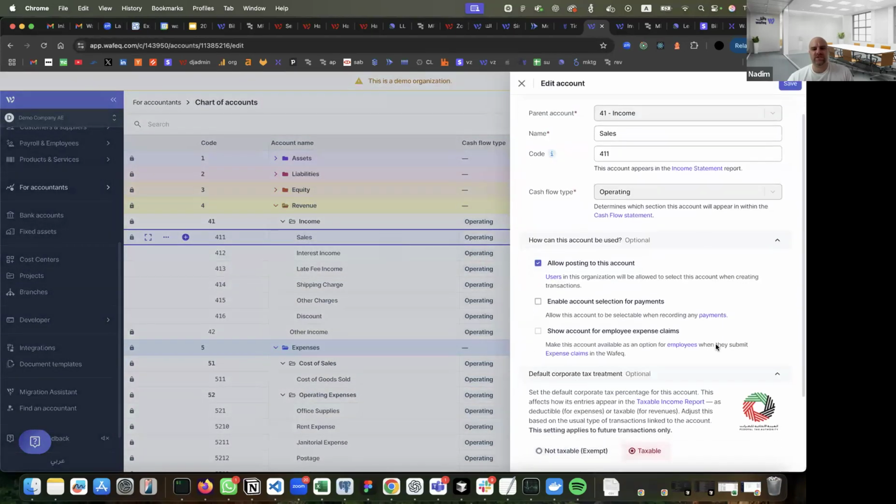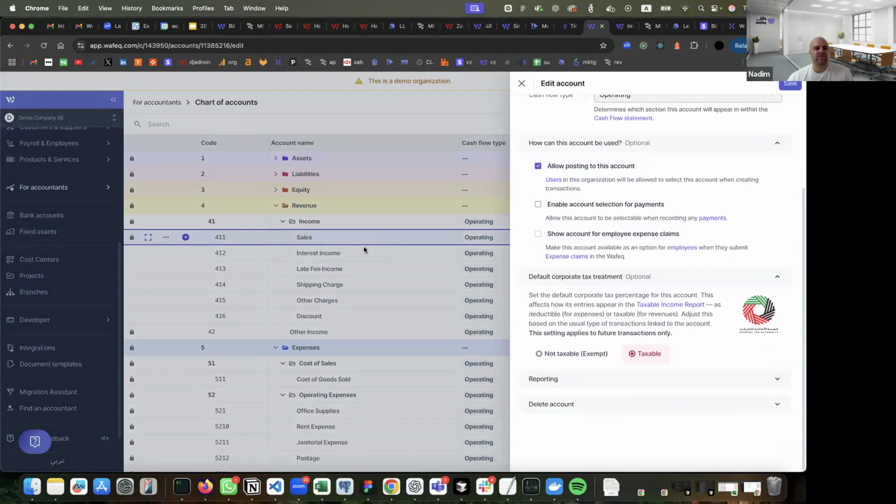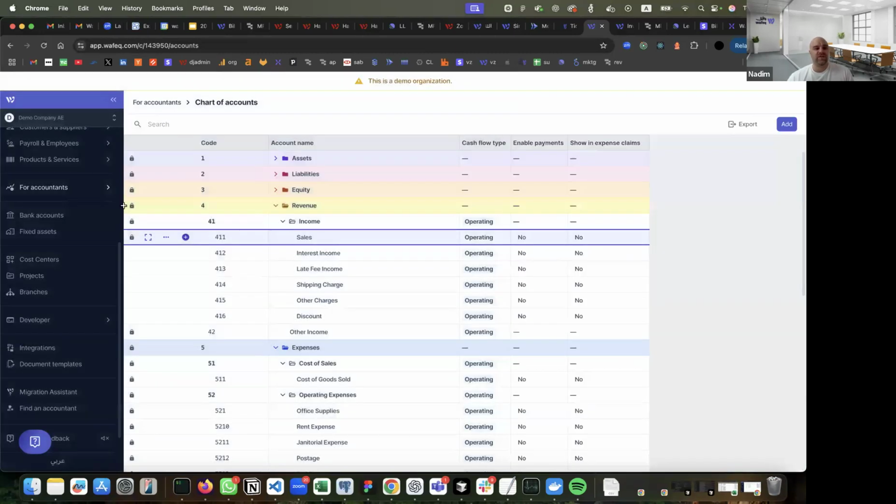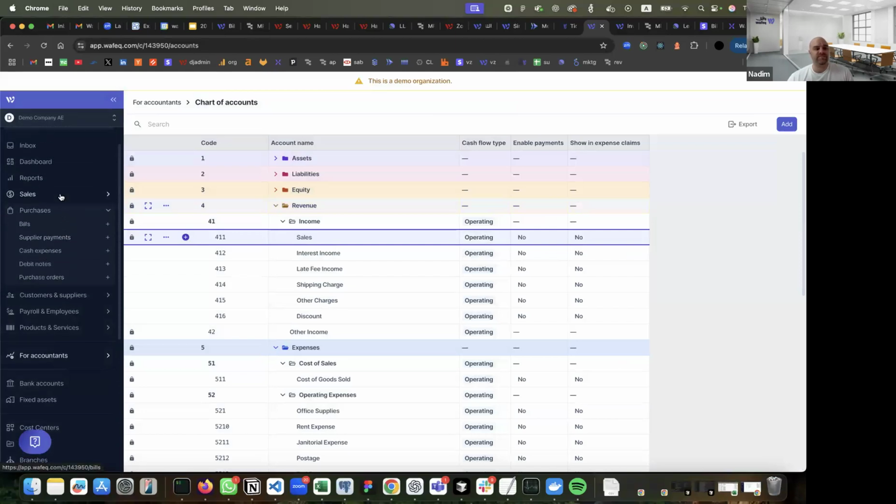For example, you will see here, for this revenue account, the default corporate tax treatment. You have two options: for revenue, it's either exempt or taxable. When you set this up at the account level, next time you create something, whether it's an invoice or a journal, Wafeq will automatically use the default here to book the transaction. For example, this one is taxable. If I'm going to go and create an invoice,